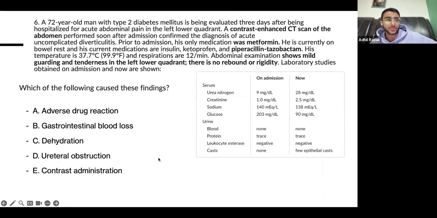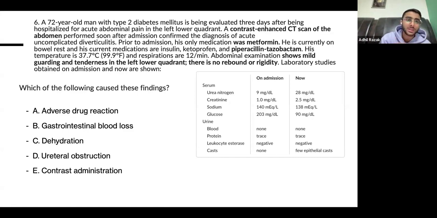All right, so we have a 72-year-old man with type 2 diabetes evaluated 3 days after being hospitalized for abdominal pain in the left lower quadrant. He took a contrast-enhanced CT of his abdomen soon after admission. Prior to admission, his only medication was metformin. He's currently on bowel rest, and his current medications are insulin, ketoprofen,